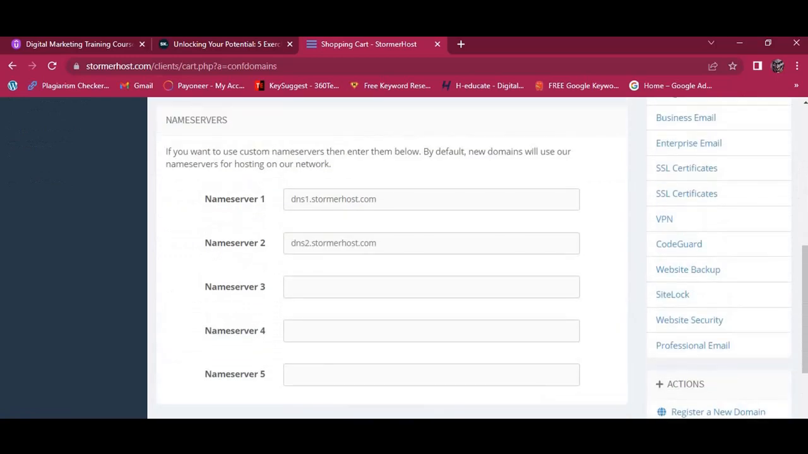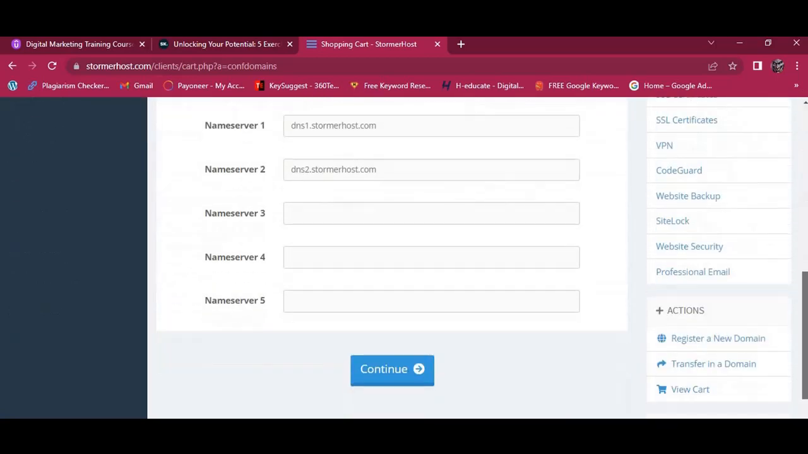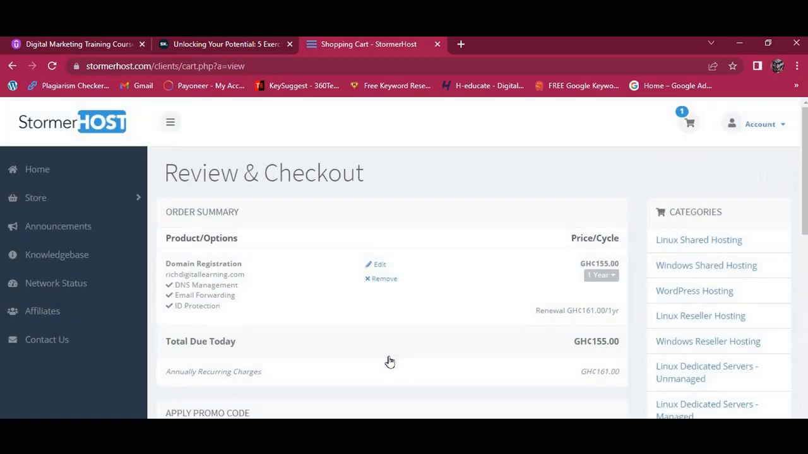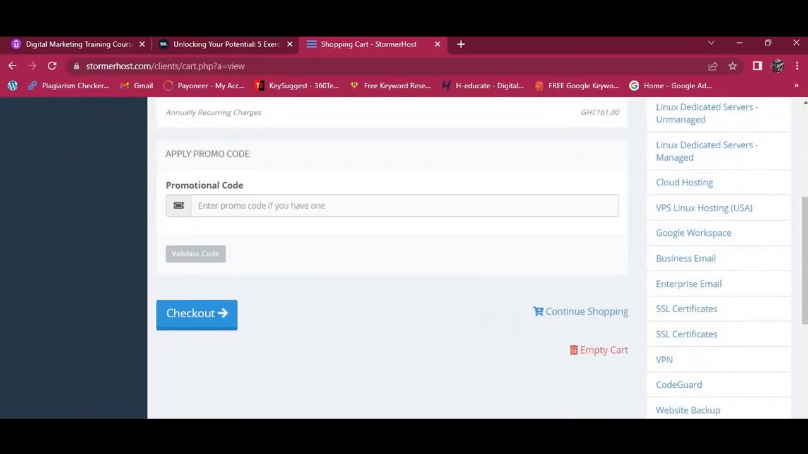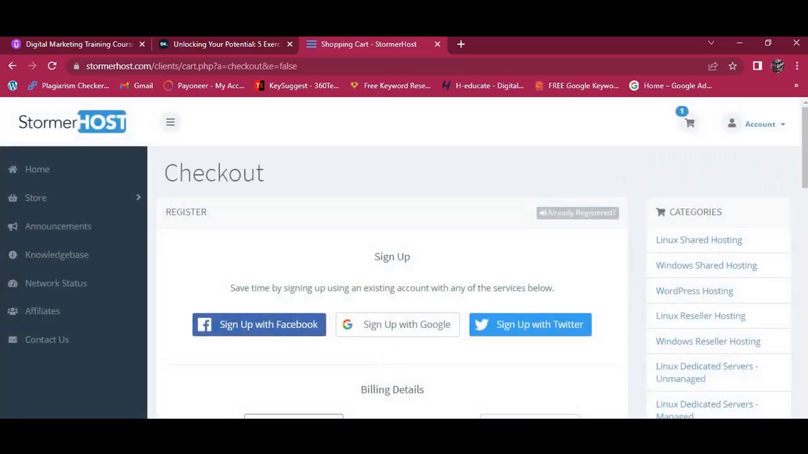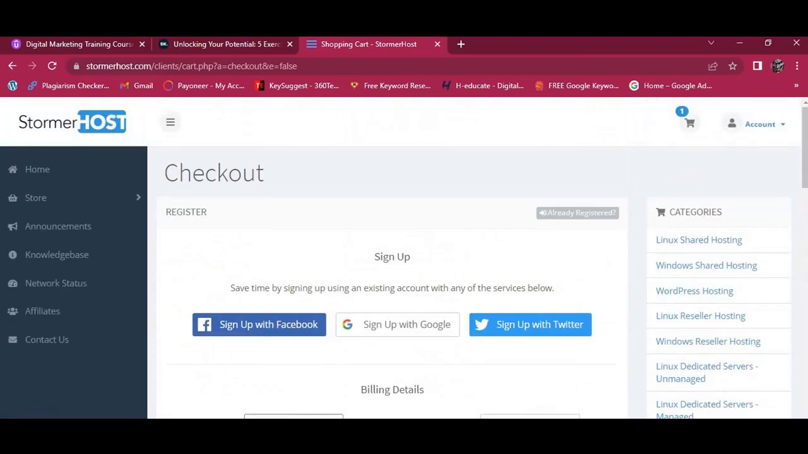So the DNS name service, if you do not have any hosting, make sure that you remain it as it is. So after you've purchased this particular thing or the domain, all you need to do is to click on continue, and after you can simply go to checkout and make payment to have the domain by yourself. So if you need to fill these things, I already have a hosting, so I do not need to